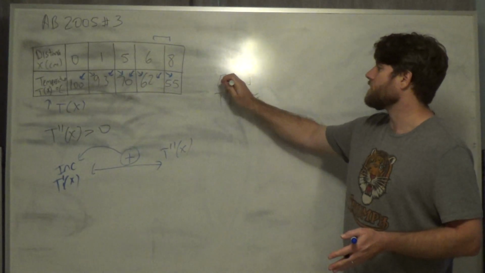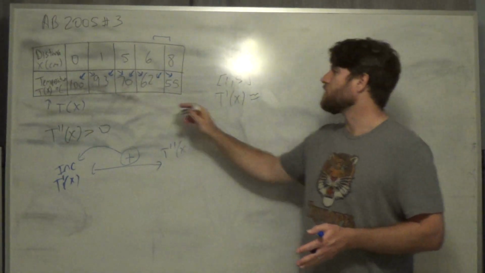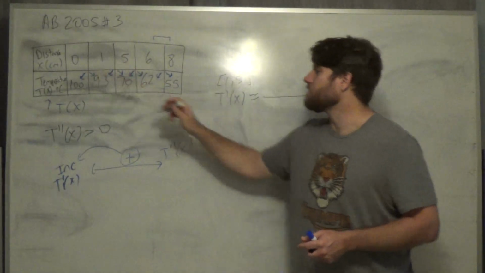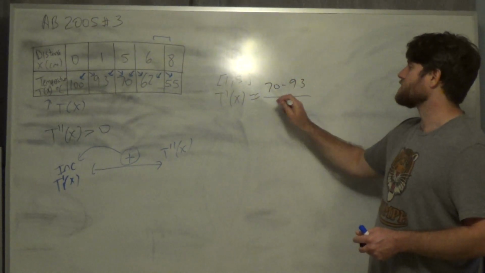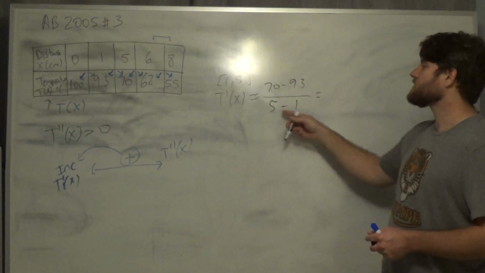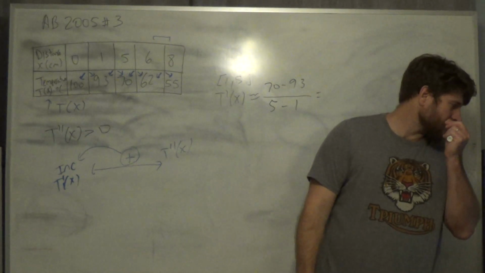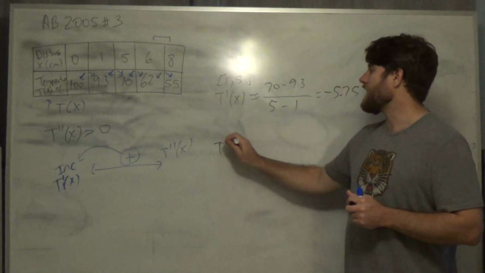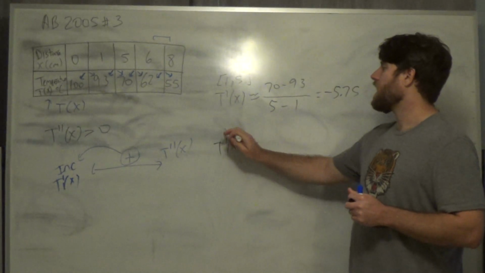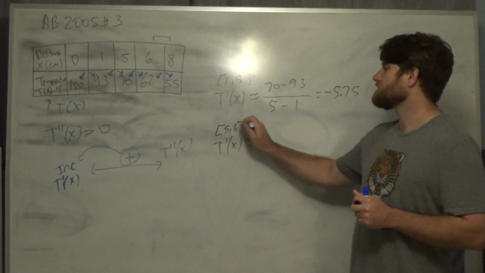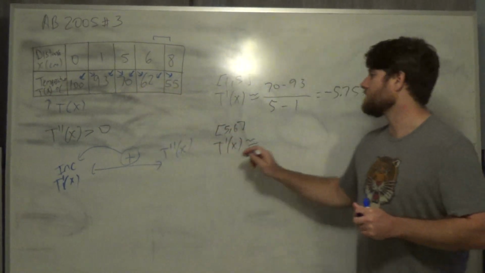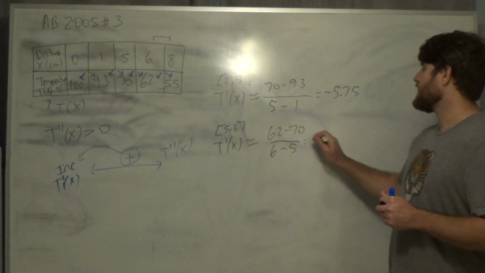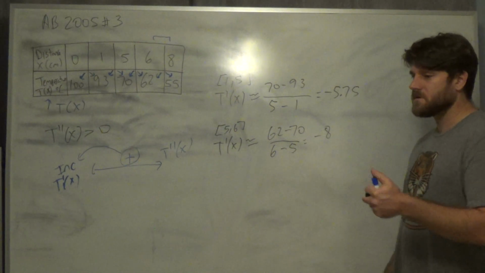Let's first go from 1 to 5. Okay? If I find the slopes from 1 to 5, just like we did in part A, I subtract these on top, these on the bottom, 70 minus 93, and 5 minus 1, and I have a calculator, so I'm going to type it in the calculator, and I get negative 5.75. Now I'm going to estimate the slope on the interval from 5 to 6. And from 5 to 6, I'm going to subtract the y's on top, the x's on the bottom, and I get a slope of,